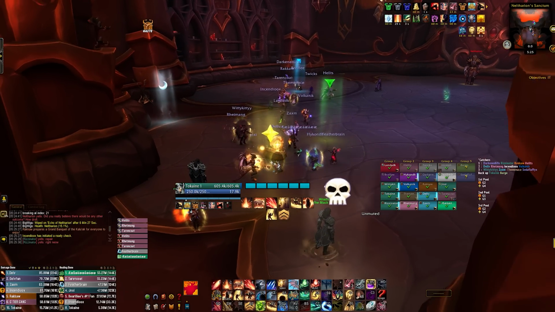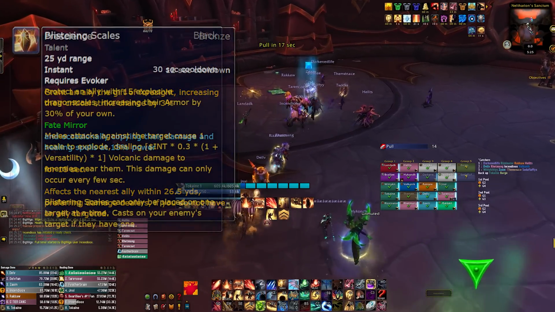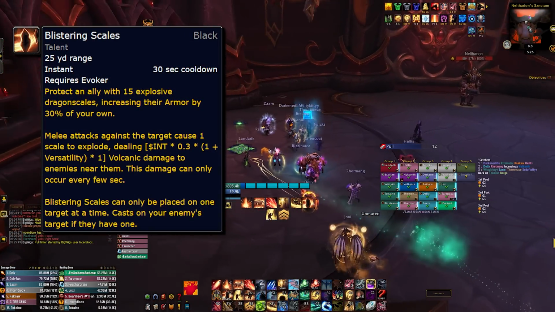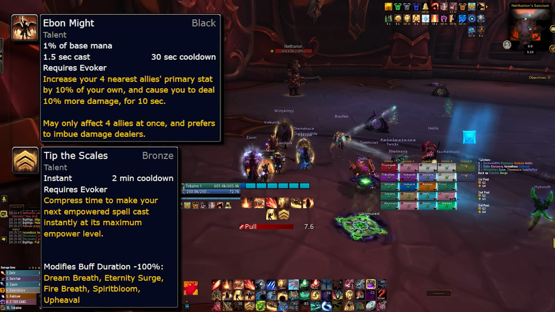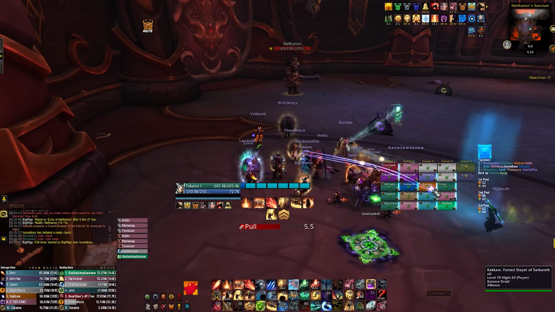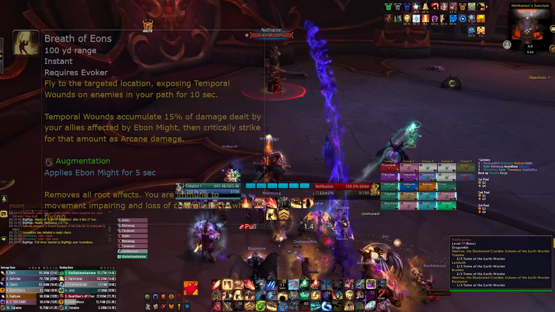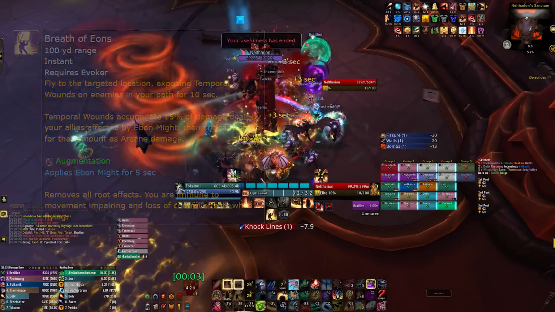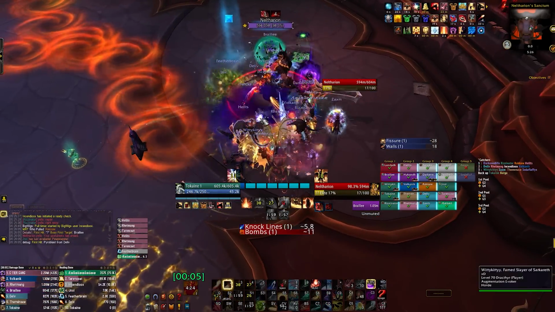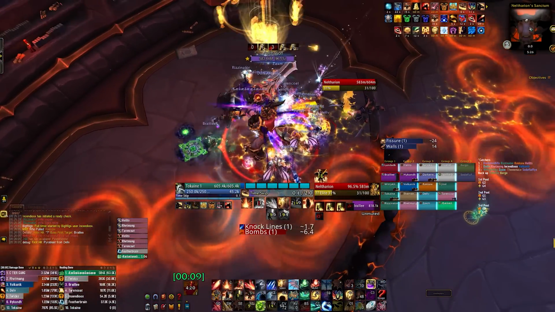So you're going to do a few things on pre-pull, and that is using Prescience on your 2 select targets as well as Blistering Scales. And just before the pull, you're going to use Ebon Might, Tip the Scales, and pre-cast a Living Flame. Now once the pull has begun, you're going to use a max rank Fire Breath with the Tip the Scales and a rank 1 Upheaval, followed by a Breath of Eons. Make sure, again, you hold this Breath of Eons if your DPS aren't fully popping on pull, but most of the time you will. After this, you will use your potion on your trinkets, use Time Skip, and you will